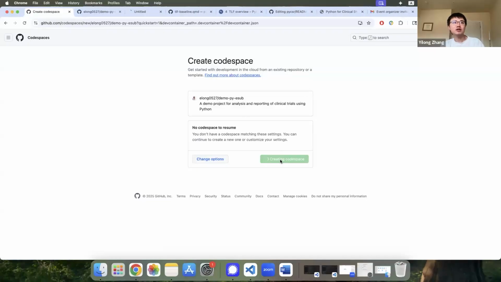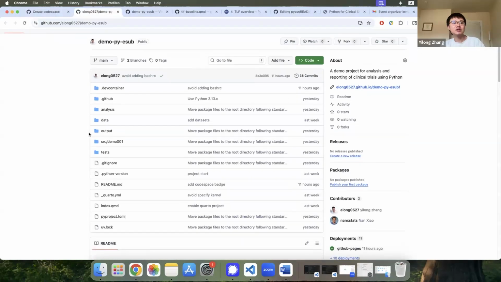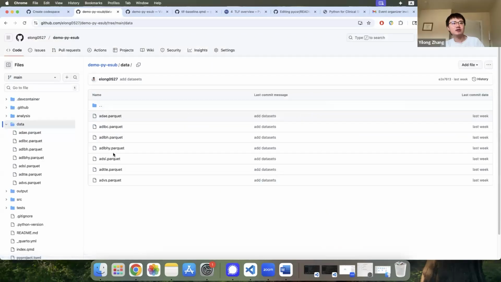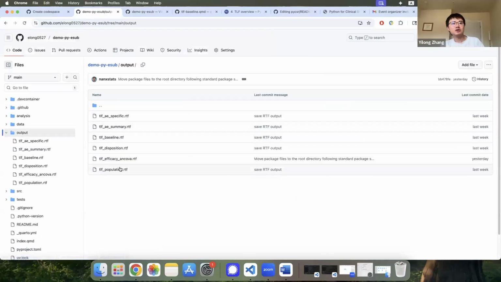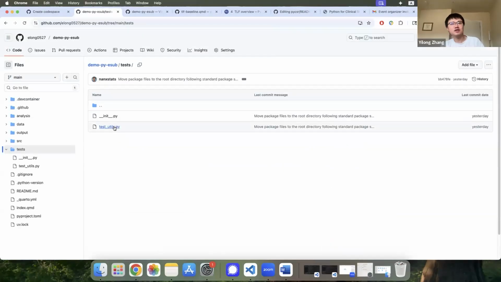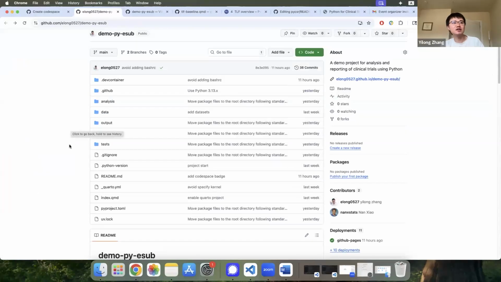And we'll also take a few minutes to set up this project. While waiting, let's just take a look. This folder structure mimics what we just discussed. So the general idea, like we discussed, is we have the data folder to contain all the ADaM datasets. And we have the output to store all the defined outputs as needed, right? And then we have the test, but it's kind of blank. Oh, you have just a very simple one for now. So you can do some unit testing or integration testing as needed here.